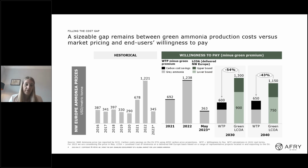So we've projected forward the grey ammonia price based on our projections for gas. We then also consider the fact that end users are likely to pay more for green ammonia and blue ammonia to reflect the carbon cost savings. So we factored in the additional carbon cost savings. We expect higher carbon cost savings over the medium term because within the EU, in this particular example, we see a phasing out of EU allowances by the mid-2030s, and also a rise in carbon pricing in our AFRY projections. But even then, you can see there's a large gap there,